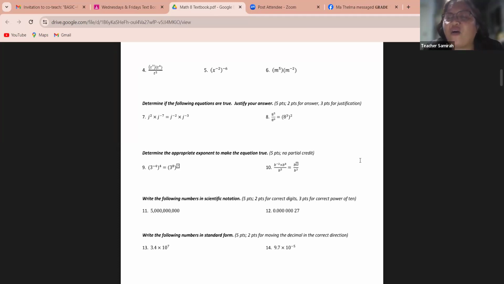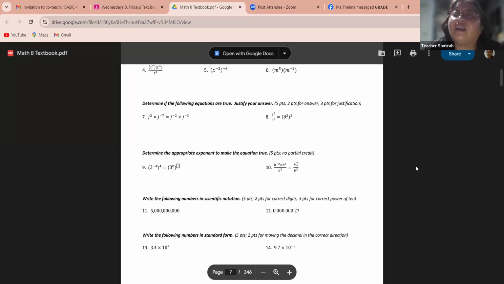Anyone? So I think I only have two or three students, or four students: Alfonso, Inda, Honey, and Catherine. How about the others? What will be your answer for this one? Will it become true or will it be false? What do you think? Hello, hello. Where are the others? Tristan, what do you think about this one? Is 8 raised to 5 equal to 8 raised to 6? True or false? Is it correct or not?